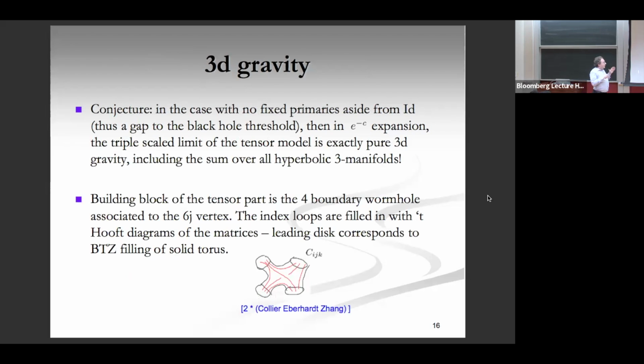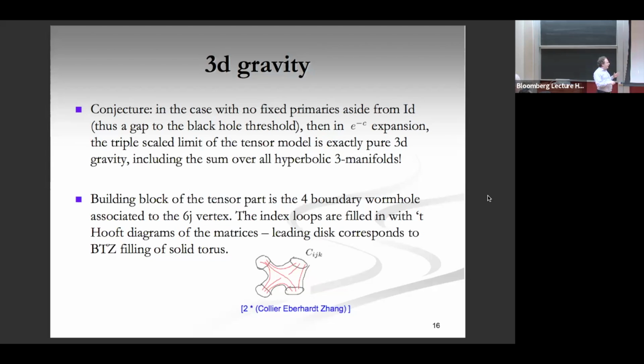Now, again, the conjecture, of which I will partially explain why it's true, is that term by term in the topological expansion, in this limit when we send h bar to 0 and the spectral density becomes an infinite cut, we get exactly pure 3D gravity, including the sum over all of the three-manifolds, all the hyperbolic ones especially. The ones that aren't handlebodies, we don't usually know even how to include, but these beautiful papers on Verlinde QFT taught us how to compute those partition functions on complicated hyperbolic manifolds.